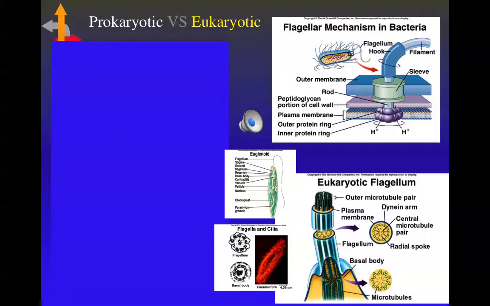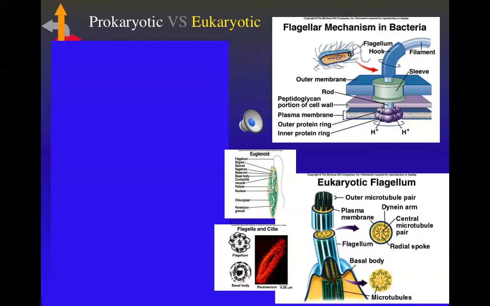If we look at the flagella of eukaryotic cells, far different. The flagella of eukaryotic cells are very flexible. In fact, they're composed of an assembly of what I call garden hoses, or microtubules. A microtubule, as the name kind of implies, is a tiny little tube. Again, very much like a long garden hose. We assemble those tubes together in pairs.